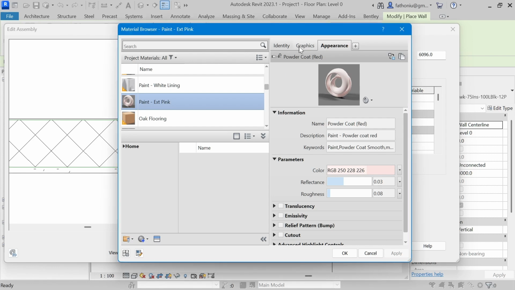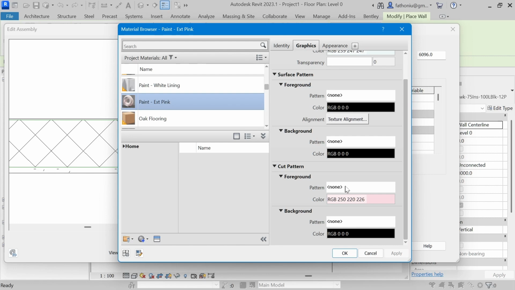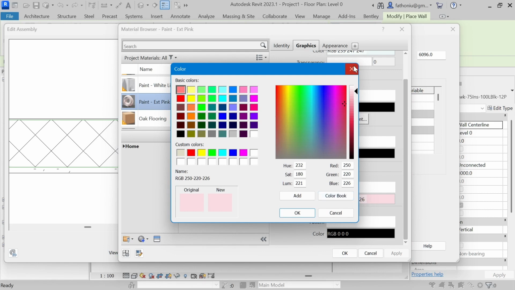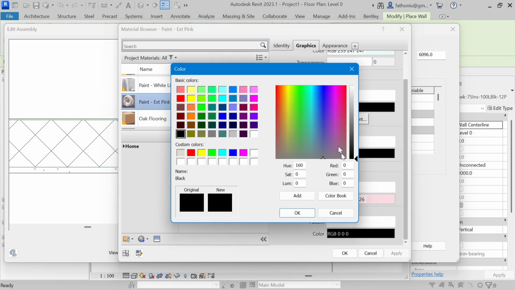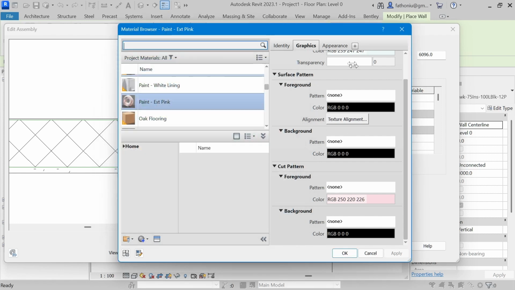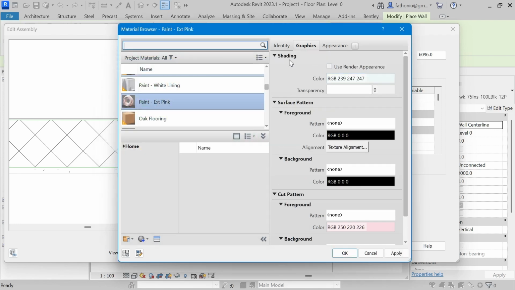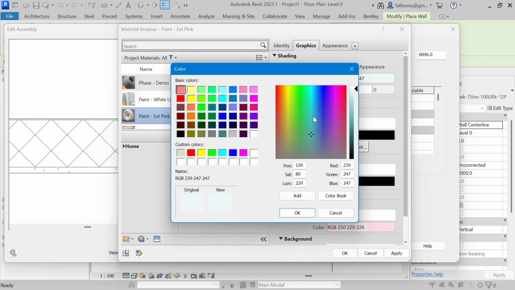It's supposed to be not parameter. It's supposed to be on the graphical here. Cut pattern, non pattern. Also background, you can change here as well. Anyway, it's supposed to be here. Okay, then on the setting it will appear. So you want to change it in the setting